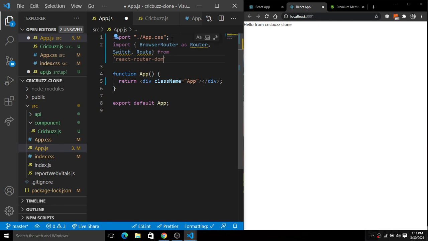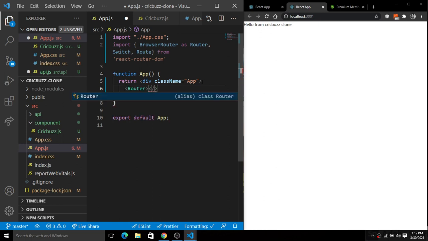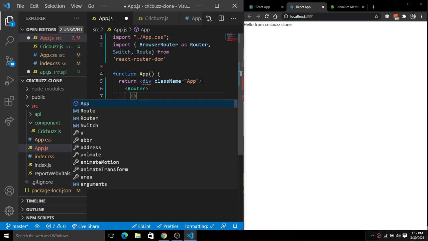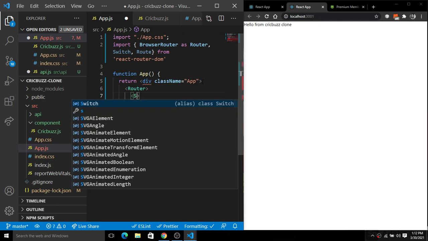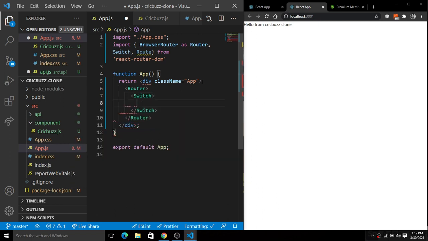Fine. Here we have this router. So router here, and inside of this router we will have this switch that will enable us to simply switch from different web pages. And we have this switch, and next we have a route, initial route, which is a home route.